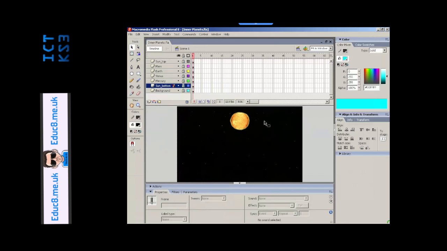Now we've added the sun, it's time to add the buttons down the bottom of the page and the information for each planet. So let's start with the planet closest to the sun, which is Mercury. Let's unlock that, as we're going to need to click into that to edit it. And we can't actually see that planet at the moment because we've got the sun in the way, so let's